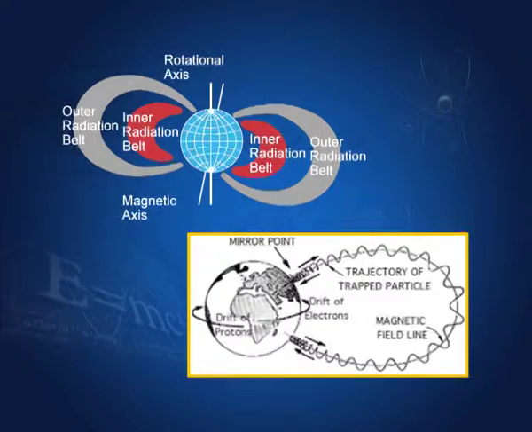So, the field is stronger, and you will learn later, if you happen to learn plasma physics, that a strong magnetic field here reflects the particles back, and the particles then keep on moving back and forth from here to here. These are called mirror points, because the reflection is like a mirror. These are the places where the magnetic field is very strong. And the two belts discovered by Van Allen are the inner belt and the outer belt.